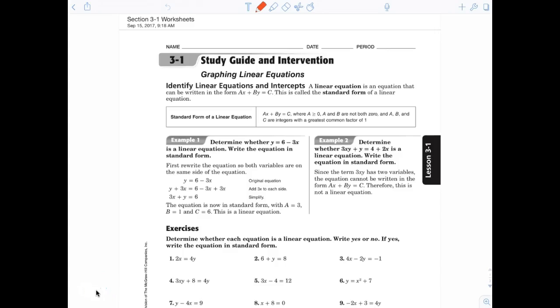All right, so today we're just going to learn everything there is to know about linear equations. How to identify linear equations, and then we're actually going to review graphing the linear equations. Now, some of you already know how to graph them, but we have different techniques. Today I think we're going to do the x-intercept and the y-intercept. But let's first talk about how to identify